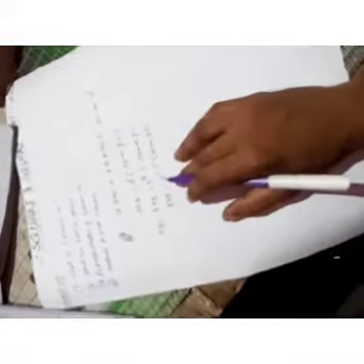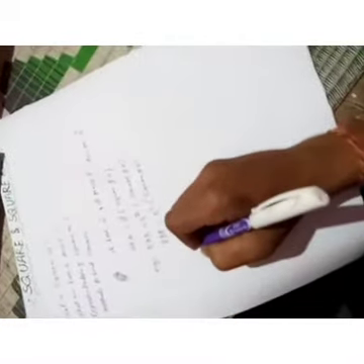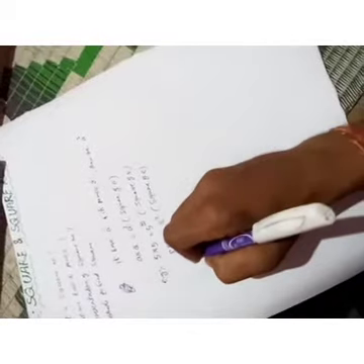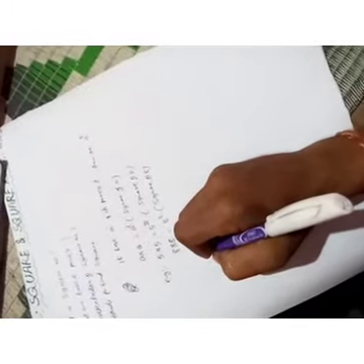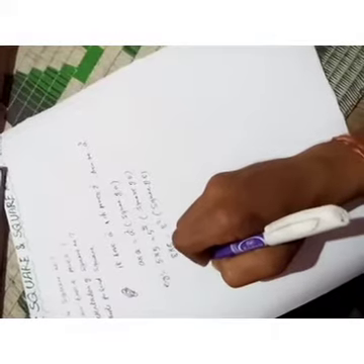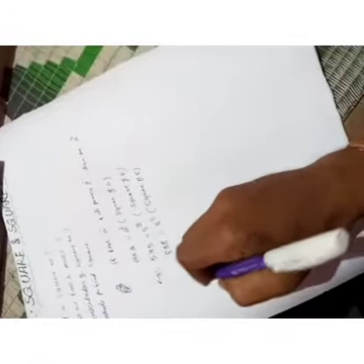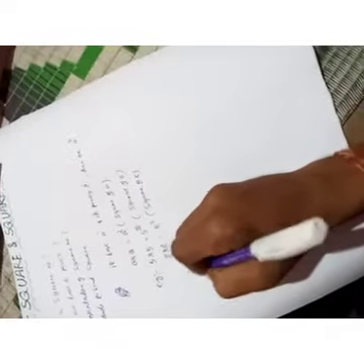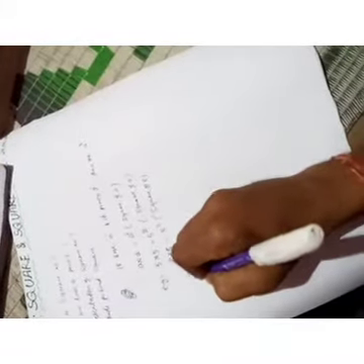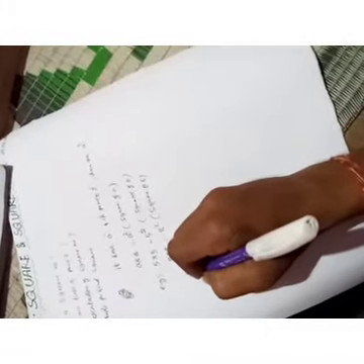From these two examples, we can say that when the same number is multiplied 2 times, it is called the square of that number. It is represented as any number to the power 2. For example, 9 square is represented as 9 to the power 2, and the number becomes 81.